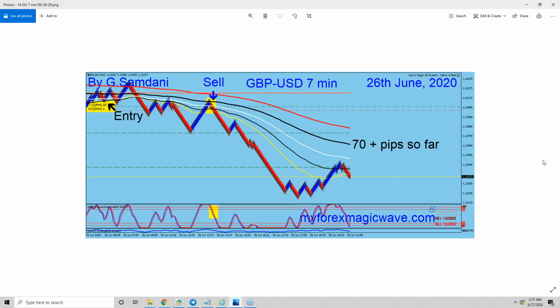And also pound USD from the 7-minute chart for 70 pips, that is also on the 26th. This is a beautiful, nice by-the-book setup, right? Why I had all these pound pairs on Friday going down, all of them, I will show you